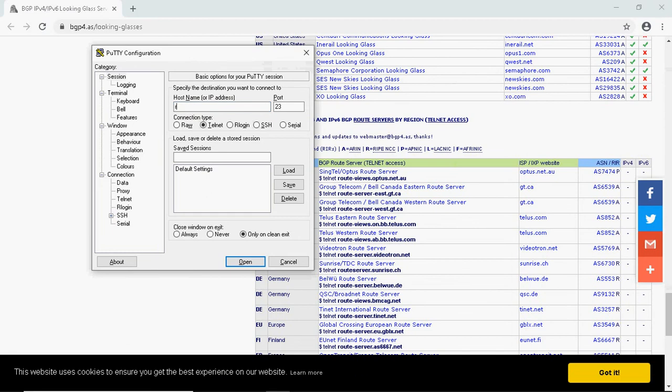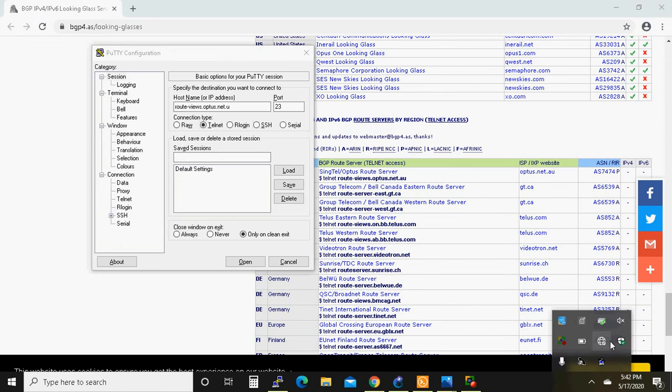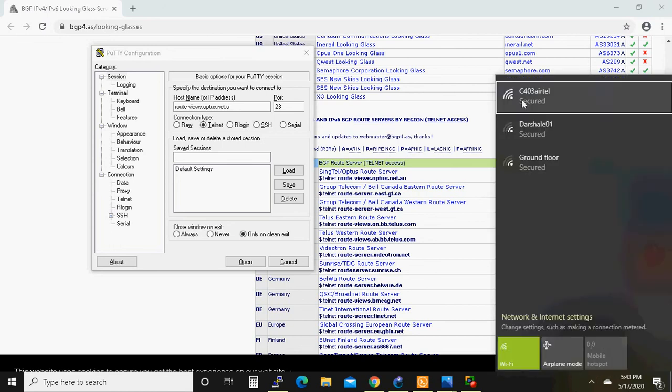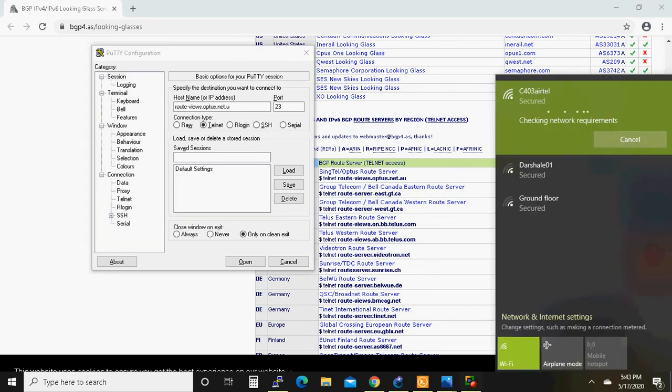So I have to give route-views.optus.net.au. Okay, just connected to my internet. Okay, it's connected.